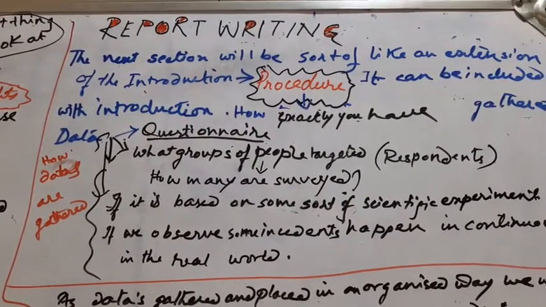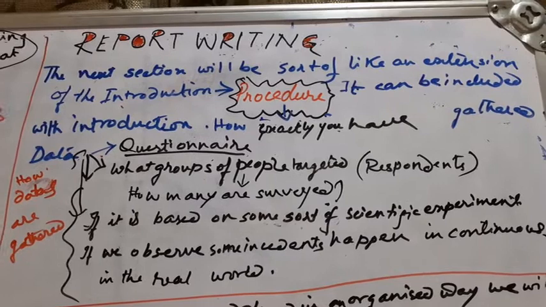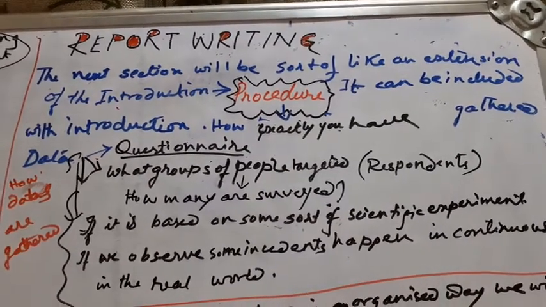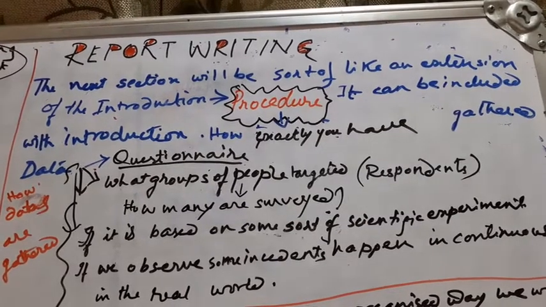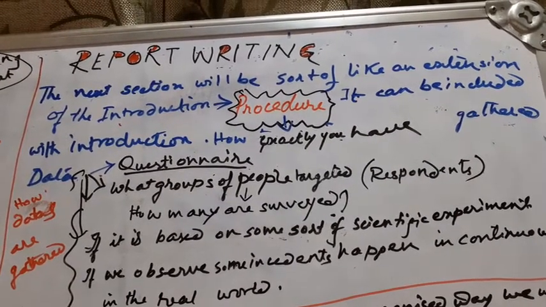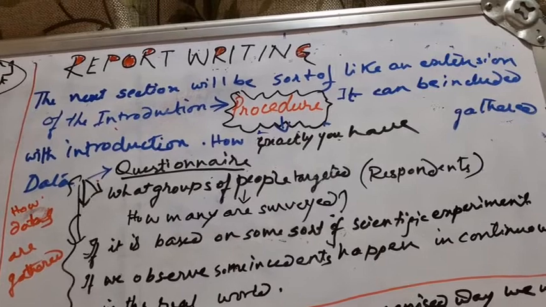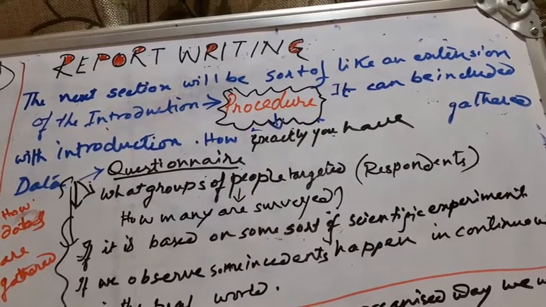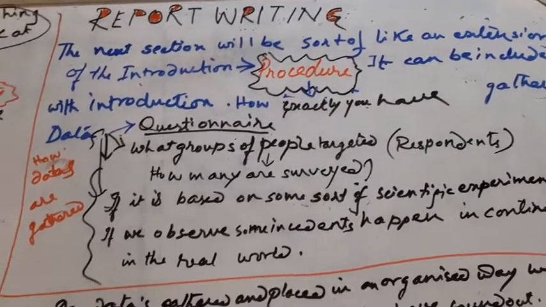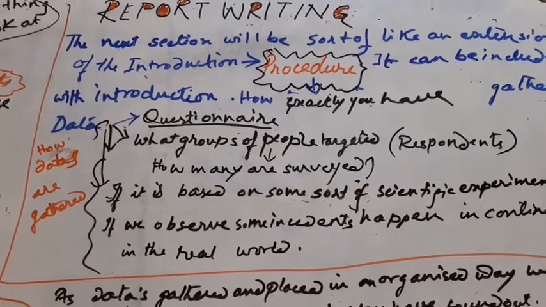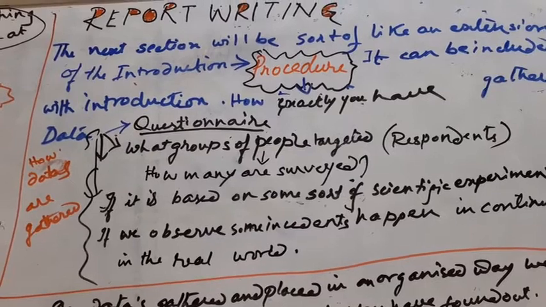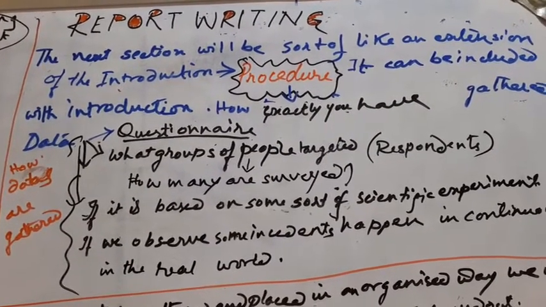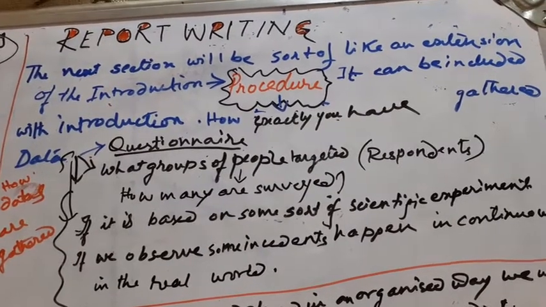Report writing is creating a short, sharp account or document that describes in detail an event or an occurrence in an organized format, usually as the result of observation or inquiry on the basis of the data. The two most popular forms that we normally find in report writing are the news report and the academic report.